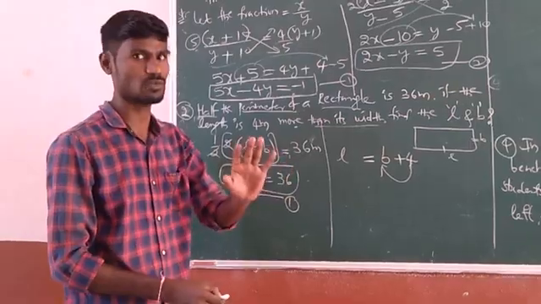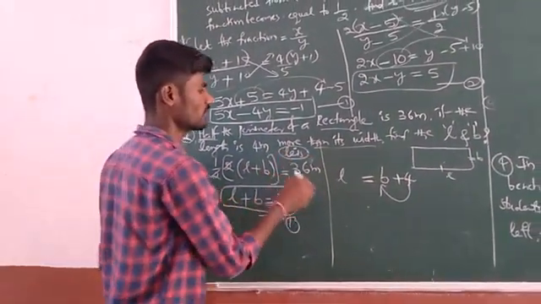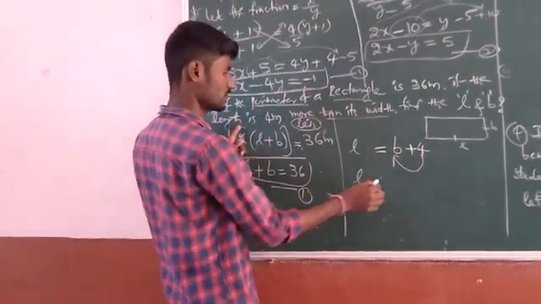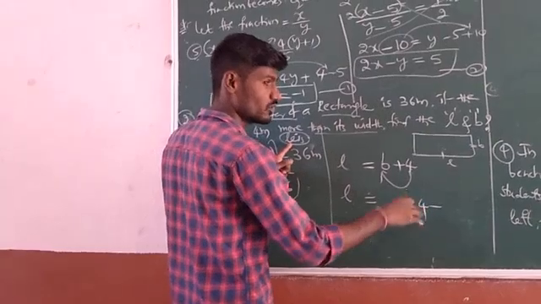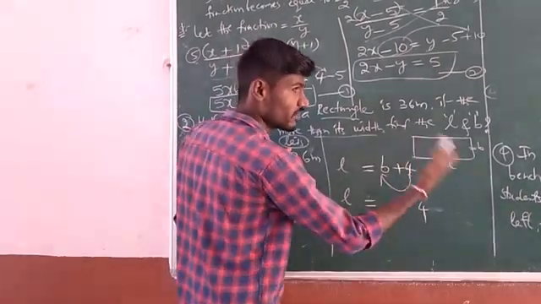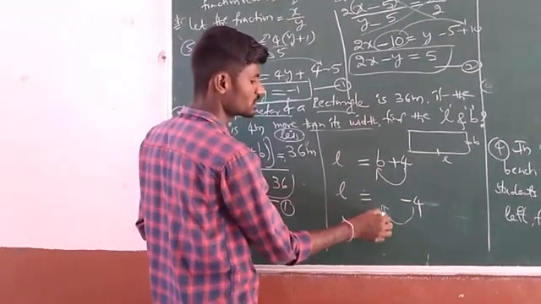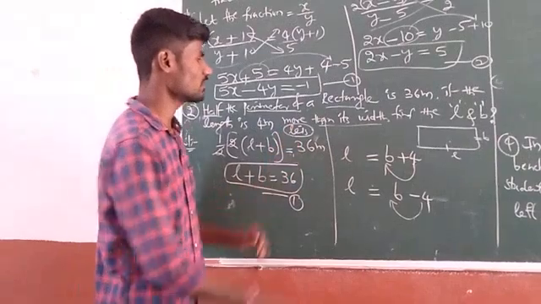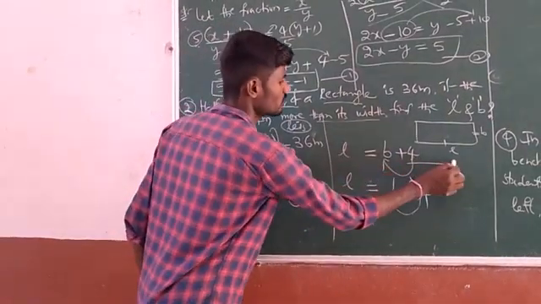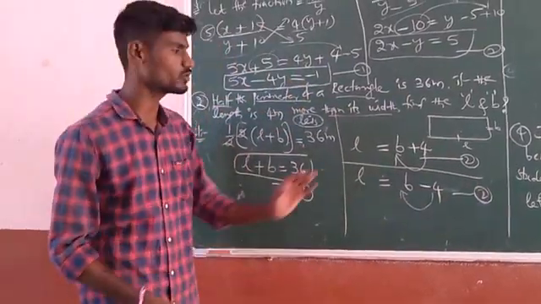Suppose they mention less. Here also observe carefully. If they mention less, length is 4 meters less than breadth. Less means don't take minus 4 in front; you have to put it after, in front of B only. 4 meters less than what? Than breadth. That is the framing of the equation. In this problem they asked about more, so consider it as plus. If they ask less, consider it as minus. I am just explaining how to frame the condition.